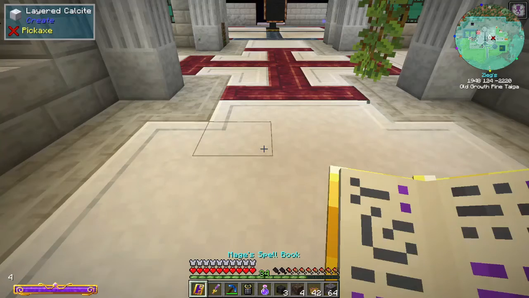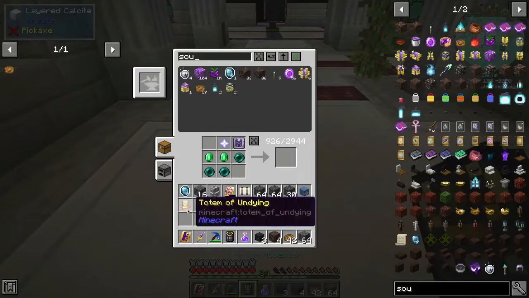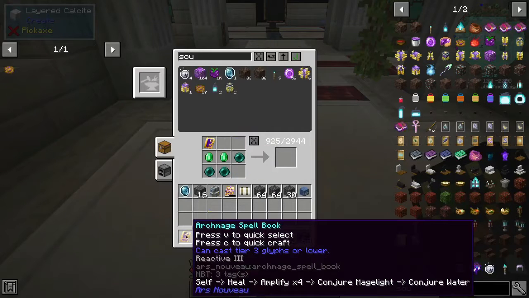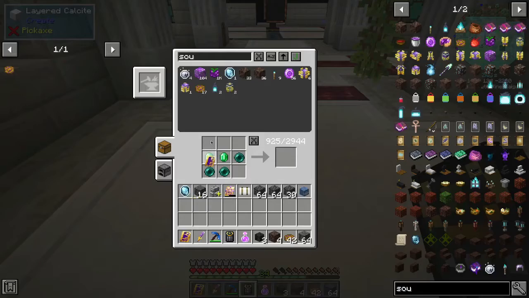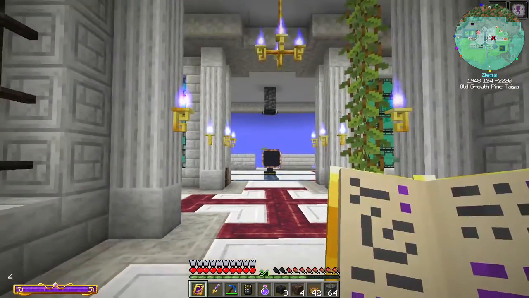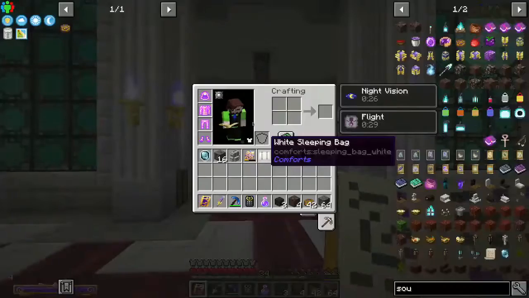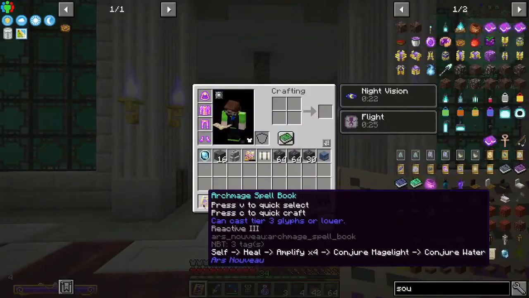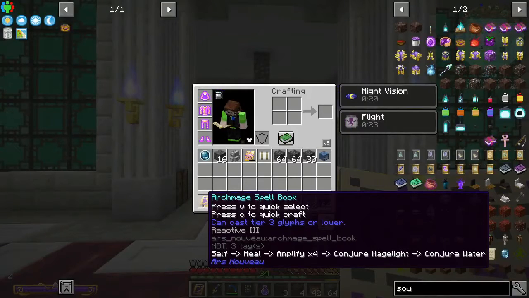Let's go ahead and open up our storage thing. Totem in, book in, and we have ourselves a tier 3 spellbook. Ooh, and it does keep my reactive 3. That is useful. So I can still punch to heal myself and give myself night vision. Awesome. We have upgraded finally fully Archmage Hood, Archmage Armor rather, and the spellbook can cast tier 3 glyphs or